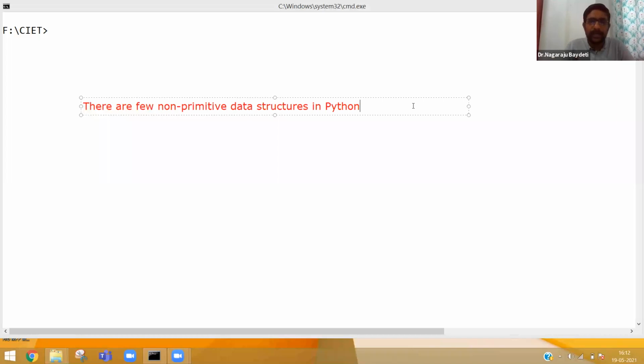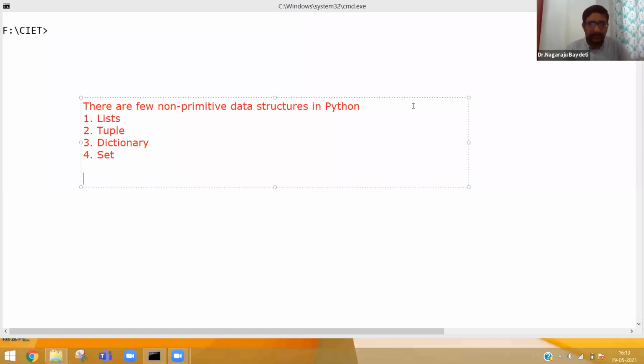Basically, how you can store data. One, list. Two, tuple. Three, dictionary. Another one is also there, called sets or a set.